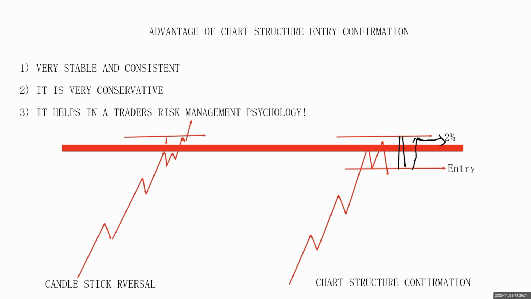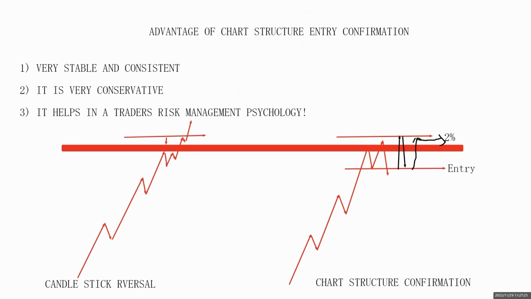I do not just take a random figure and assume that, okay, I'm going to use a 10 pips stop loss, I'm going to use a 20 pips stop loss. I trade in a much more stable and conservative form, which means I allow the market to give me the number of stop loss pips I have to use, based on me placing my stops behind the highs and lows, so that I'm doing two things at the same time. I'm letting the market dictate to me what I've got to do. The second thing I'm doing is that I'm putting my stop loss at a point where the market will be